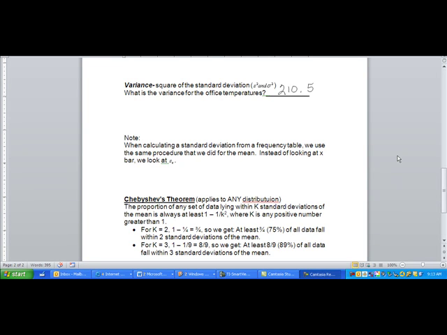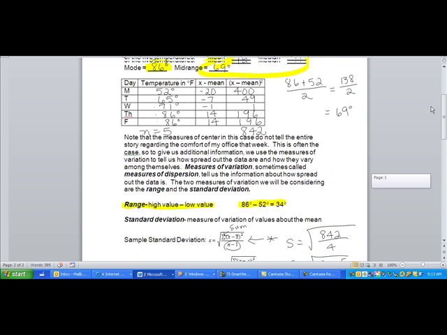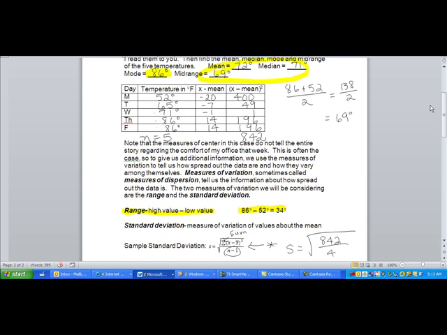We are continuing to talk about section 12.3 on measures of dispersion, and what I want to do is go back and do this same problem that we did the long way in the first video and actually do it with a TI-83/84 calculator so that you can have an idea of how this will work with the calculator. Once we do that, I will take you to an example of a table,